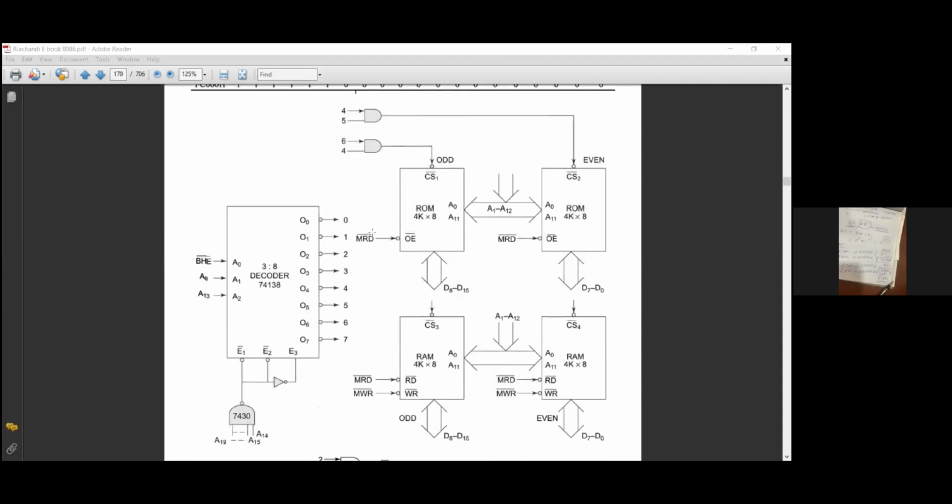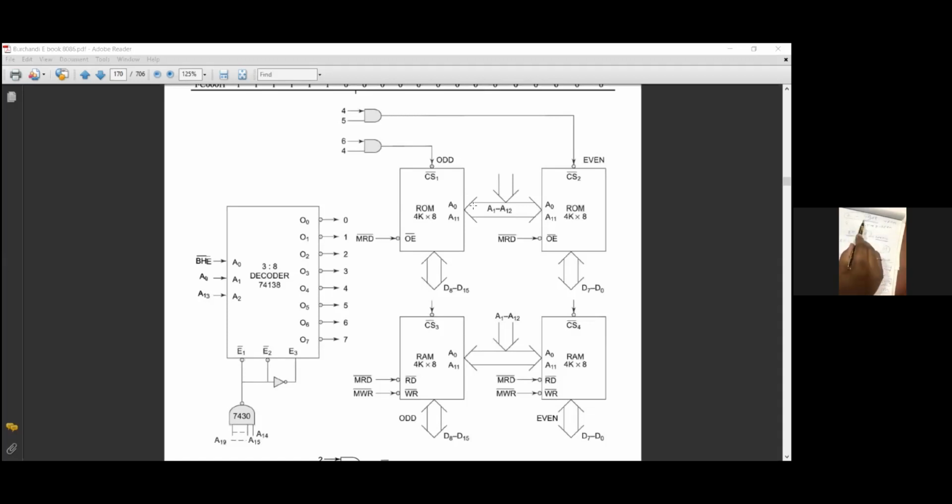Just wait. Next, just see the diagram first. In this diagram, what are the memory chips over here? It's a memory chip of 4K. Am I right? Yes, sir. How many are there? 8. 2 of 4K into 8 RAM, right? So the size of the memory chip is 4K. 4K into 2, that's why I am calculating for 8K.